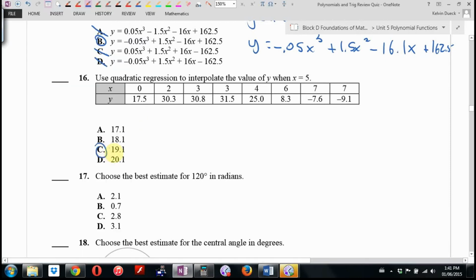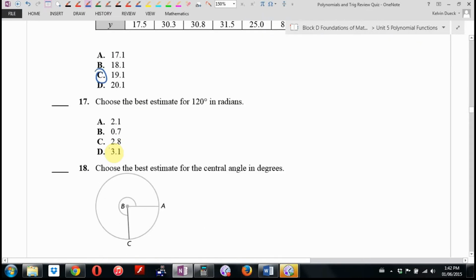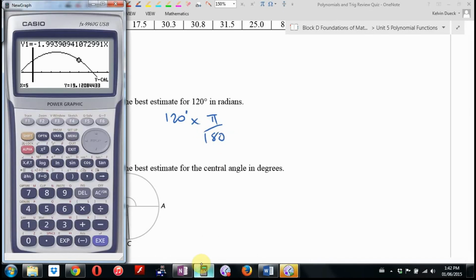C. So there's an example of a question, Oscar, where I'm making you find the equation and then do some kind of interpolate. Find a value with a value. Choose the best estimate for 120 degrees in radians. 120 degrees times pi divided by 180. 2.1